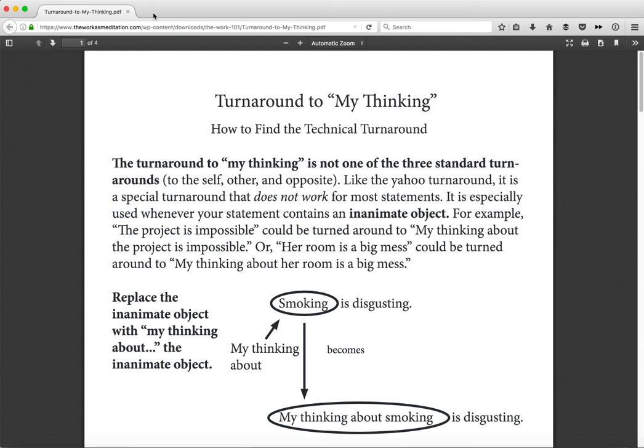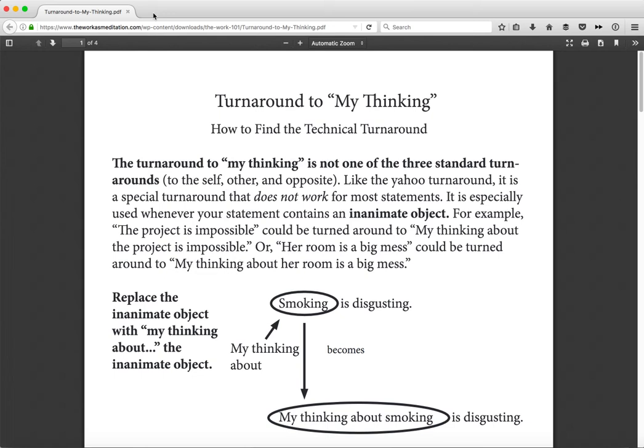The turnaround to my thinking is an unusual kind of turnaround. This is not one of your standard turnarounds to the self, to the other, to the opposite. Even the Yahoo turnaround is kind of a special turnaround, but this one's even less frequently seen. It's called the turnaround to my thinking. And the way it works is, first of all, it doesn't work for most statements, but